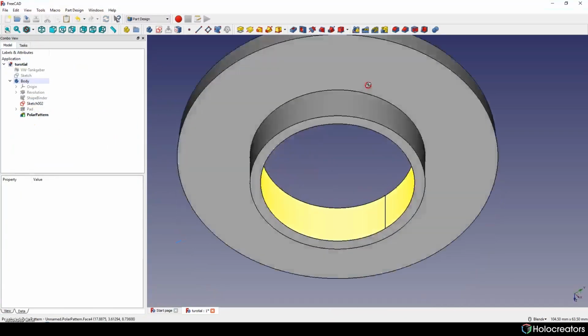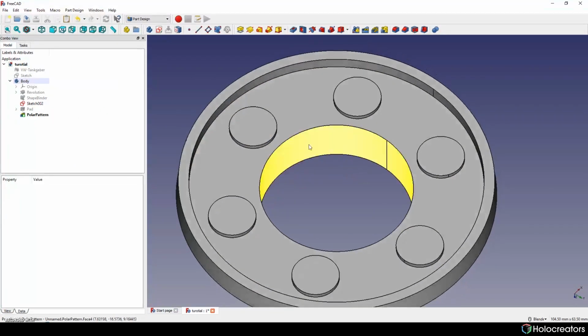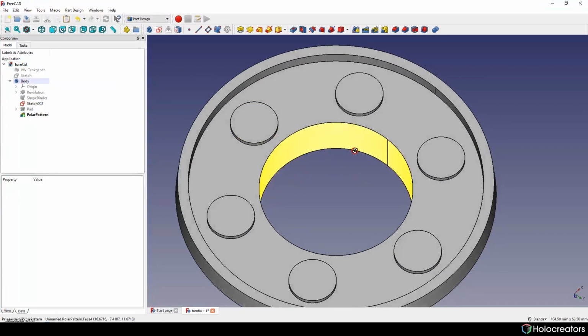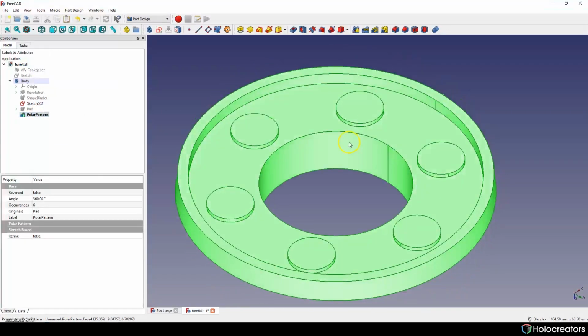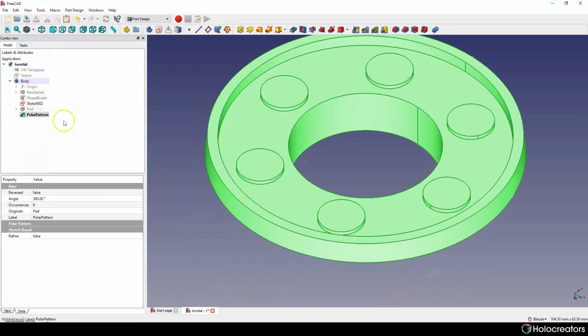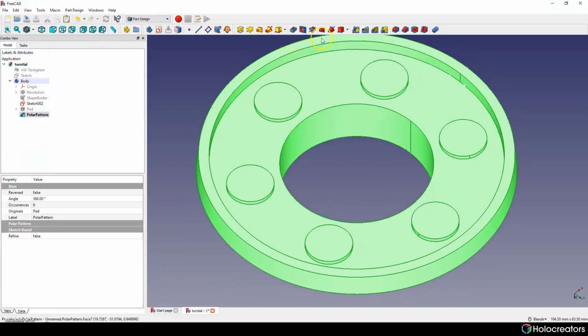After this, we're gonna create holes inside these extrusions. To do this, we will choose our polar pattern, and then we will use a pocket command here.